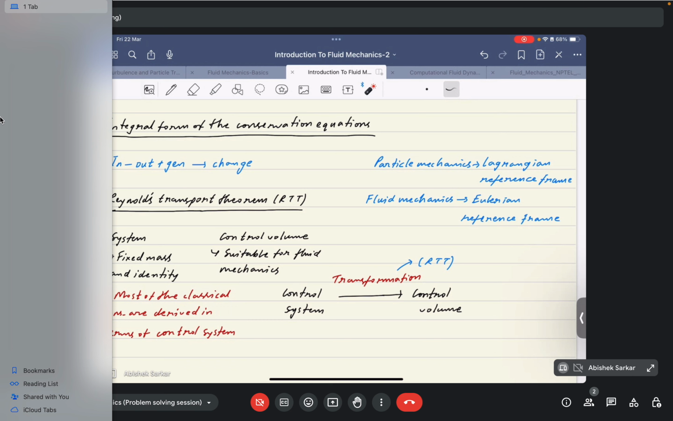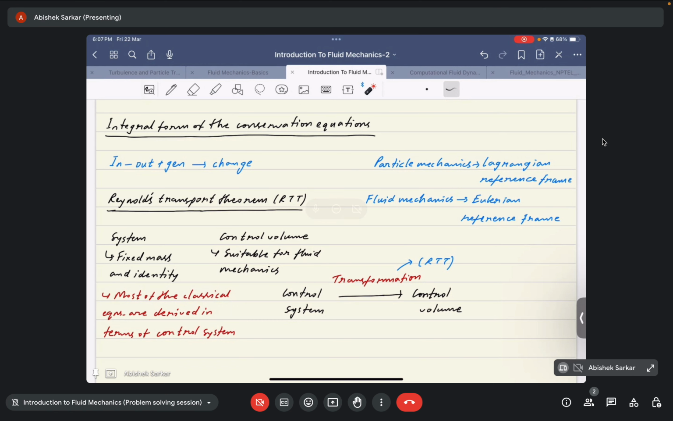Good evening to all of you, and welcome back to the problem solving session of the Introduction to Fluid Mechanics course. We are in week 9 of this course. In this week's session, we will be primarily dealing with one of the very important topics, one of the cornerstones of the subject of fluid mechanics, and which plays a vital role in understanding